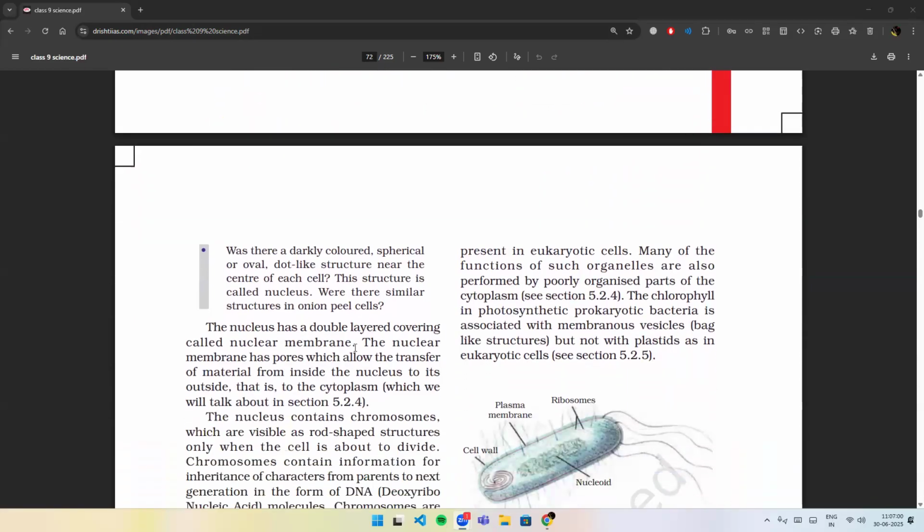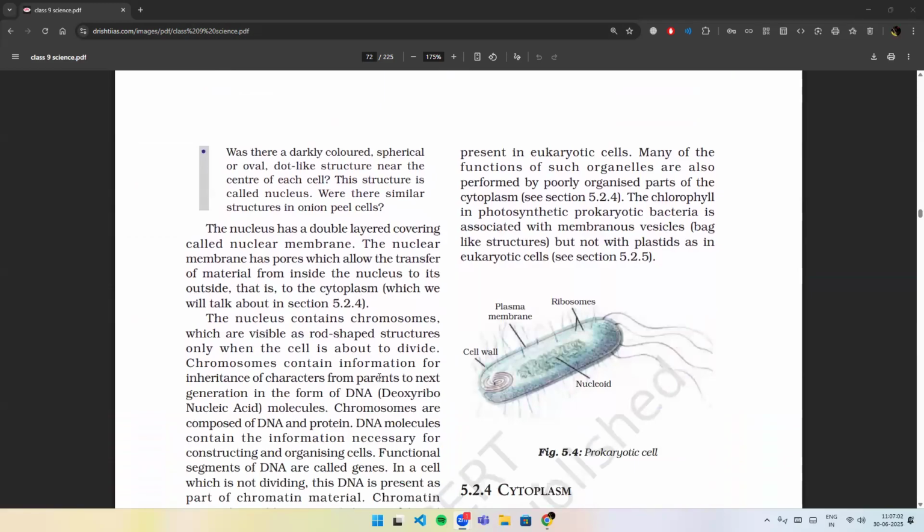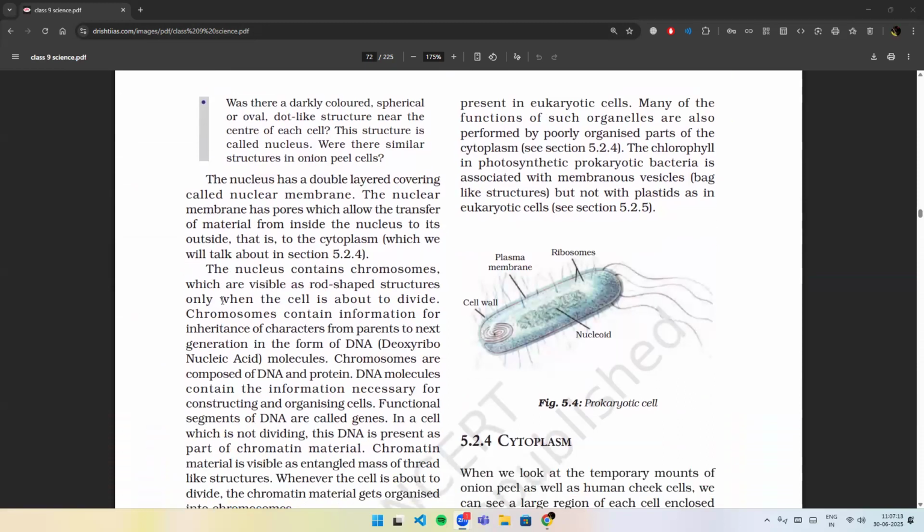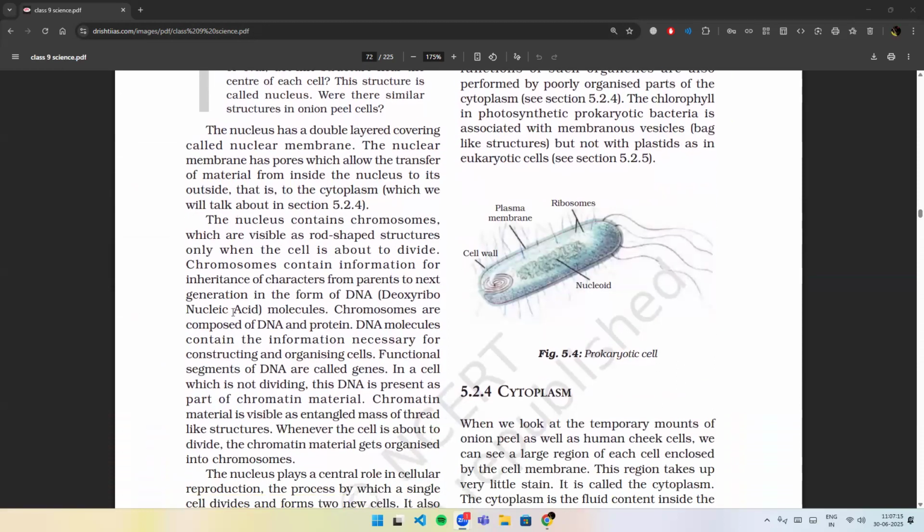Was there a darkly colored spherical or oval dot-like structure near the center of each cell? This structure is called the nucleus. Were there similar structures in onion peel cells? The nucleus has a double-layered covering called the nuclear membrane. The nuclear membrane has pores which allow the transfer of material from inside the nucleus to its outside, that is,